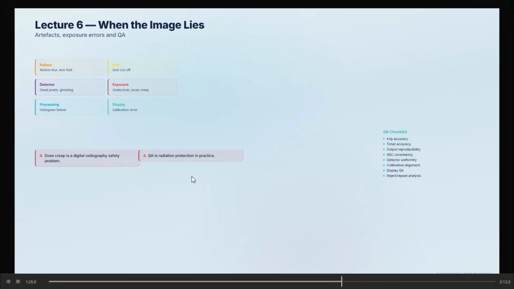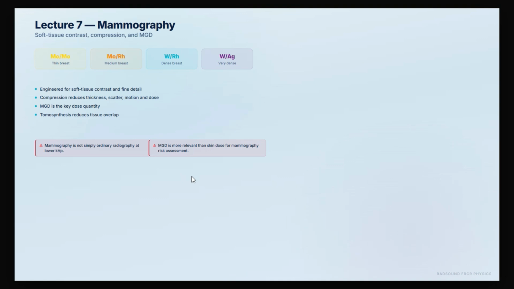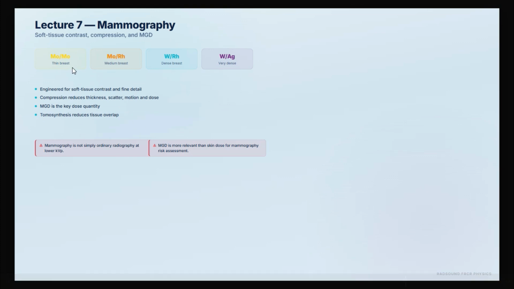Lecture 6 mentioned when image quality is affected by artifacts. What are distortion, artifact, exposure, over and underexposure, exposure creep, especially in digital systems, whereby we cannot detect whether the image is overexposed. And then we come to lecture 7, mammography. The most important thing in mammo is that you understand the target filter combination. We have mentioned a very important point that the K-edge of the filter must always be higher than the K-edge of the target. That's why we cannot use